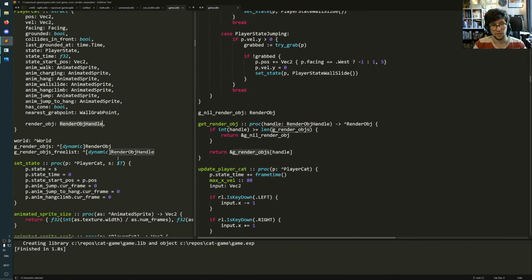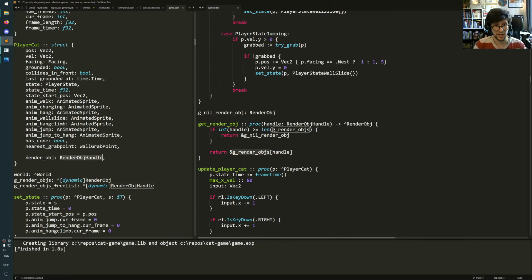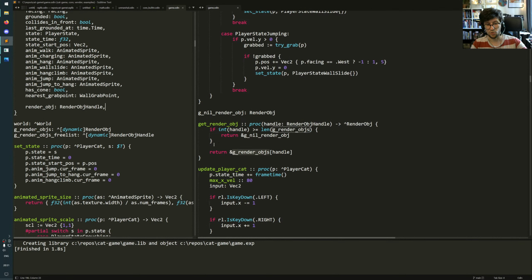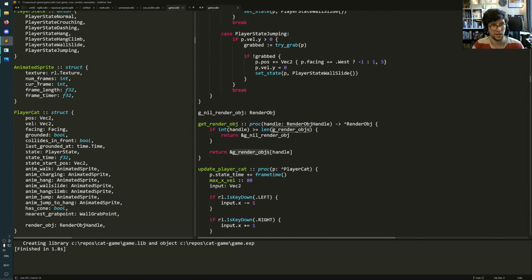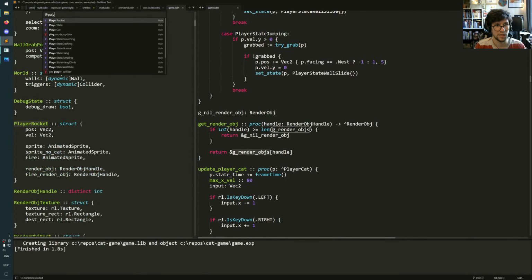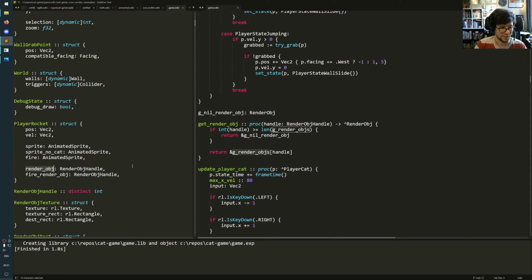And so before this, my draw world function just went in and took the current animated sprite of the cat, and then it took all the little green blocks in the world and rendered those. And then I was going to add the player rocket also, and in that case it just started feeling like I would either have to do an entity system now,